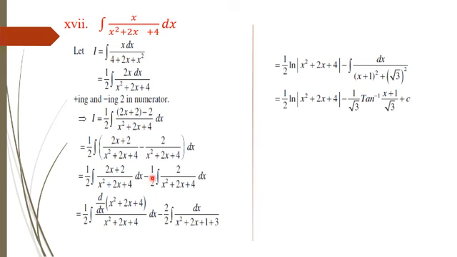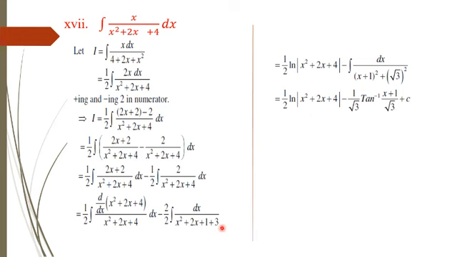And with the second term, minus 1 by 2 over x square plus 2x plus 4, taking 2 out of the integration sign, 2 and 2 cancel out. We have dx over x square plus 2x plus 4. Now again applying the completing square method, 4 can be written as 1 plus 3, and x square plus 2x plus 1 can be written as x plus 1 whole square.